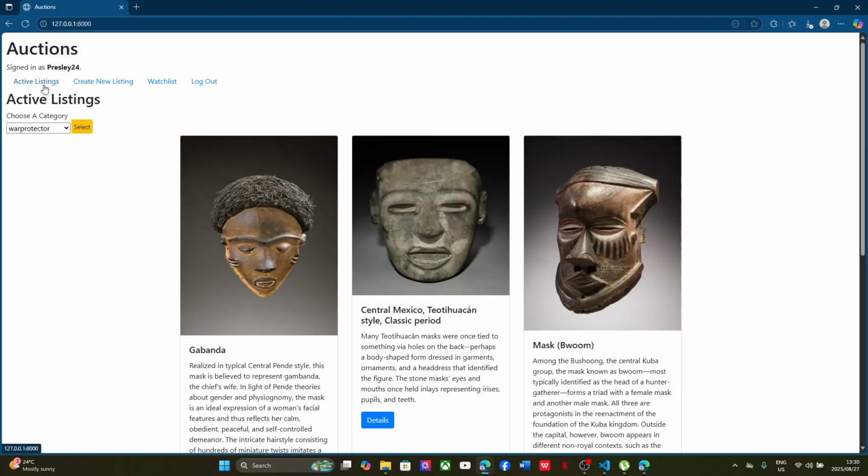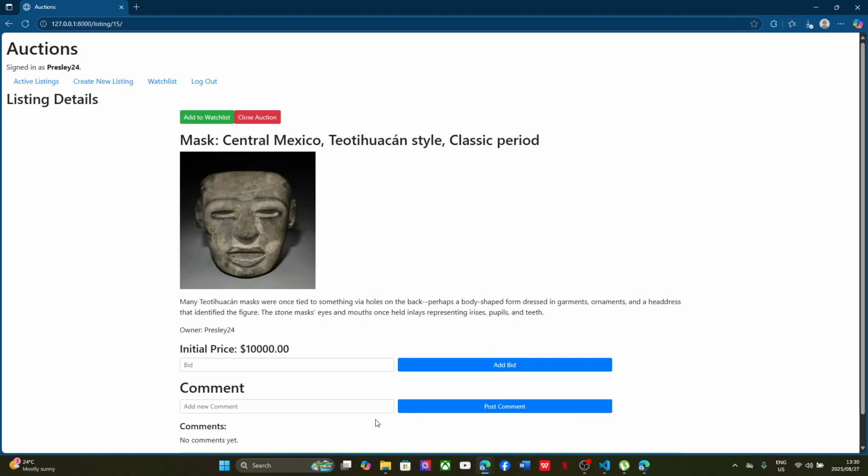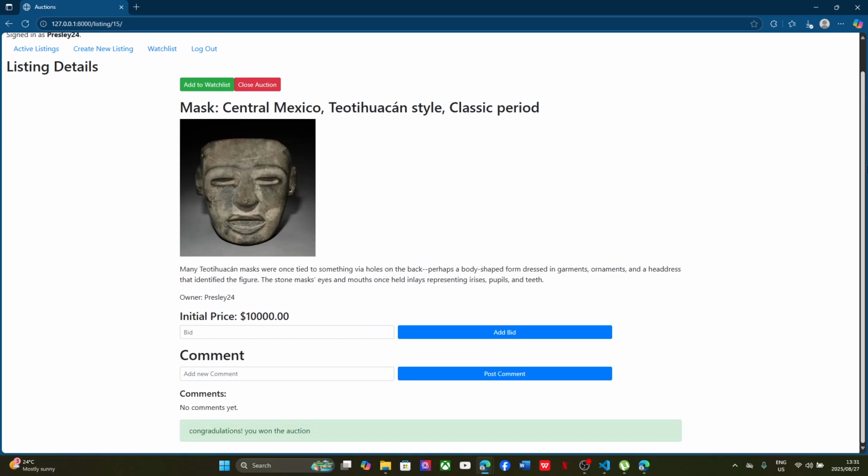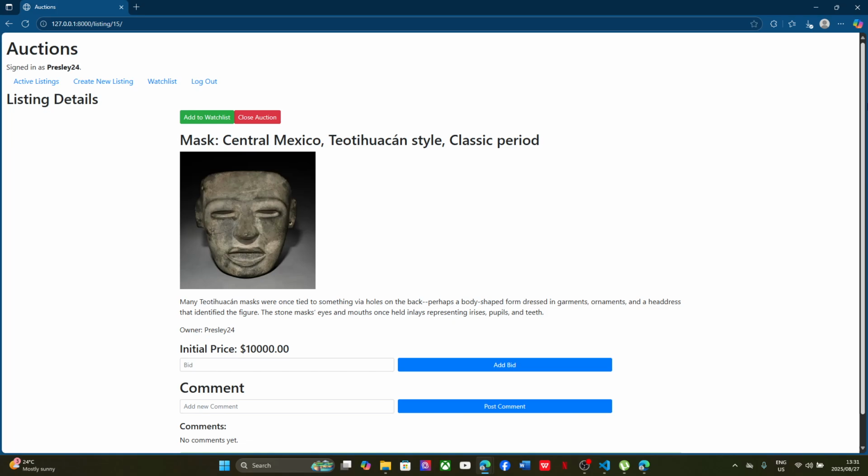So coming back to the active listings page, by clicking a listing, it opens its details, right? For example, I'm going to click on this listing here. Let's click on it, right? So here I can add it to my watch list,